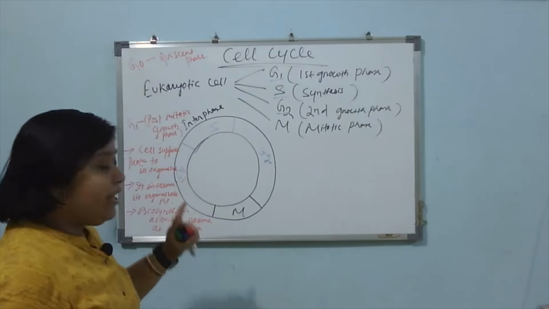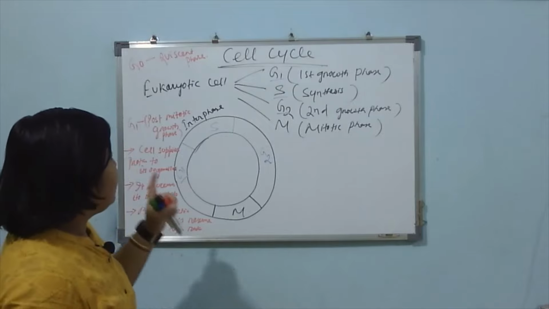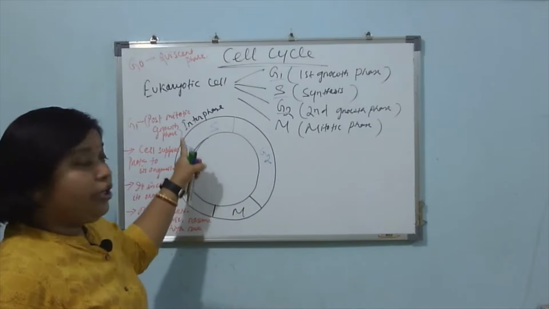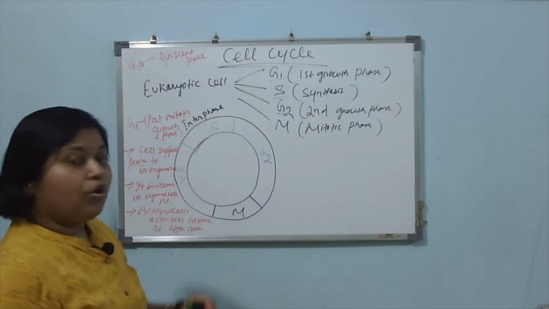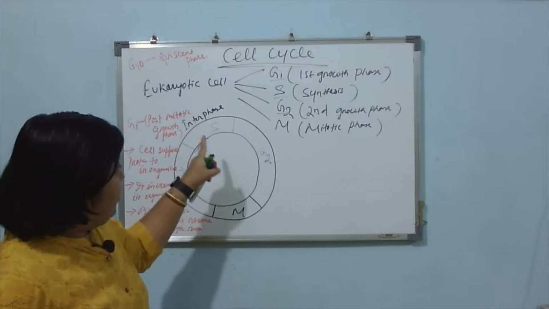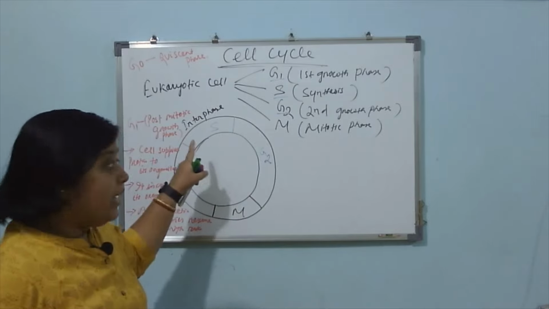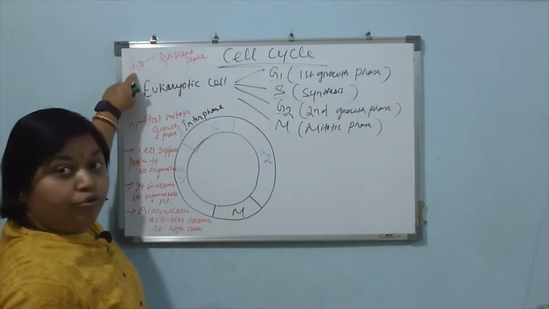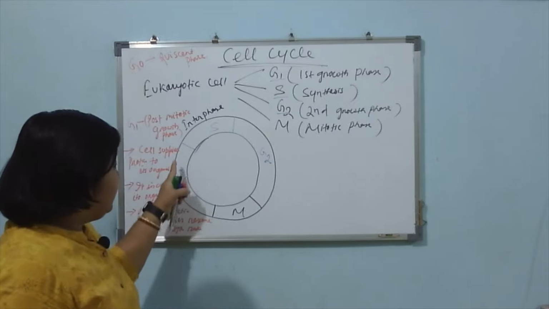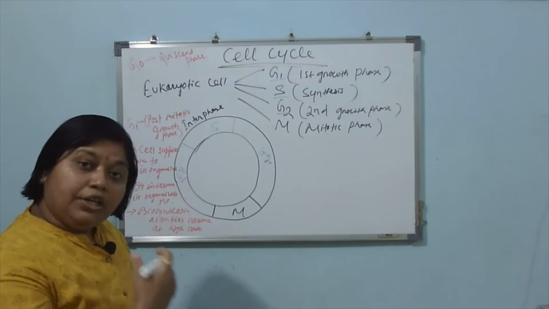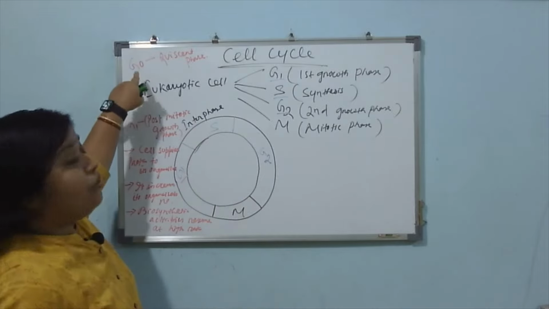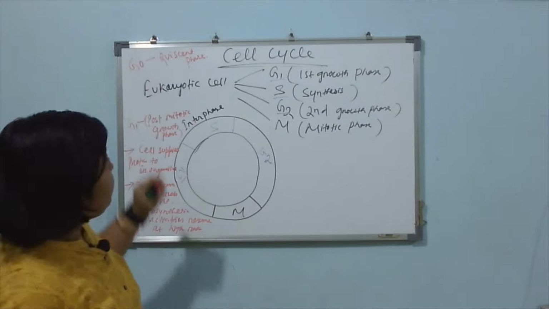During this G1 phase, the cell has three options. First option, it will continue the cell cycle by entering into the next phase, which is the S phase. Second option, it will withdraw itself from the cell cycle and enter into the G0 phase. Third option, it will arrest in this phase, and either start the cell cycle once again or enter into the G0 phase.